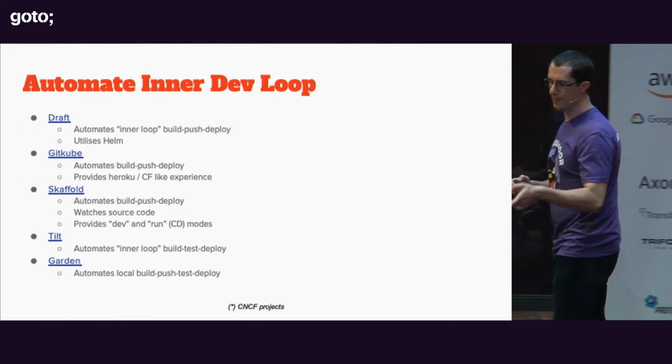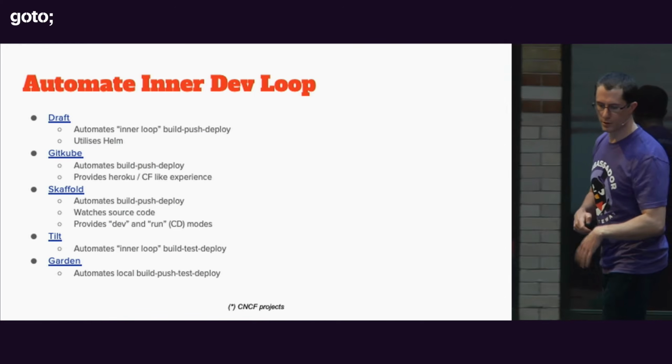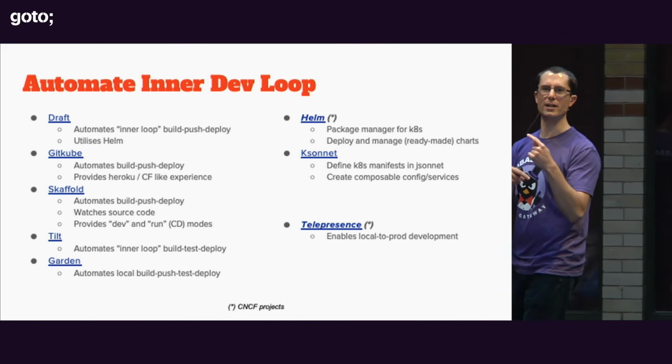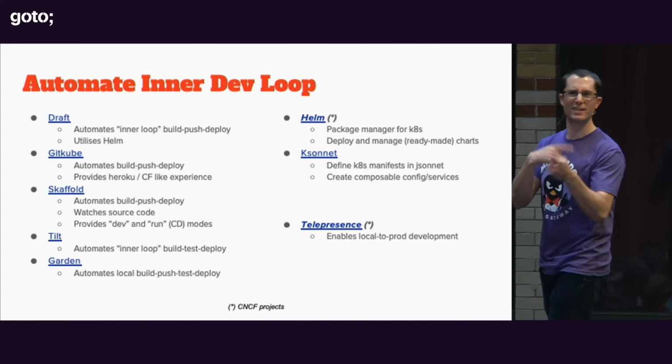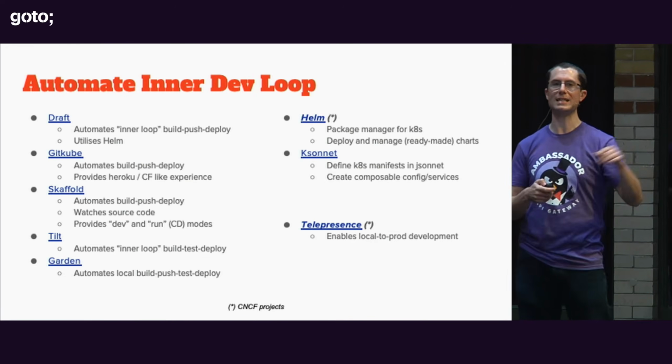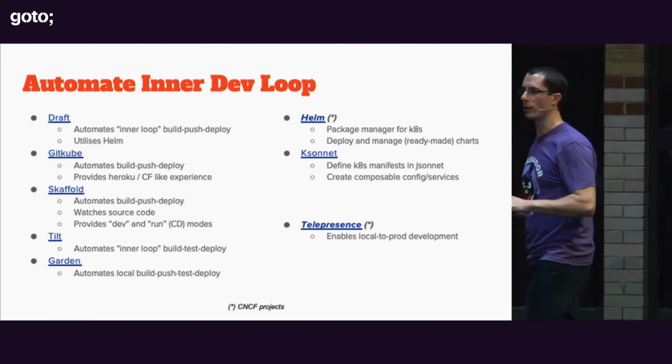I've got a few examples here. Again, this is more for your reference later on. You can look at these things. On the left, there are some tools to automate that in a dev loop, so it builds containers in the background. You can run tests in the background. On the right, there are some more packaging tools and debug tools, which I'll go into one of them now in